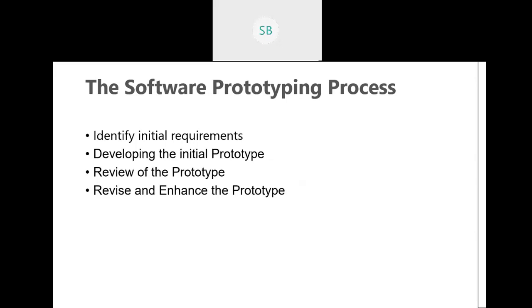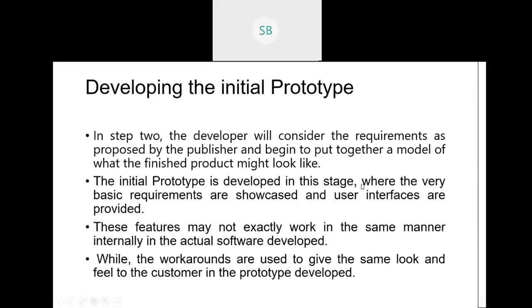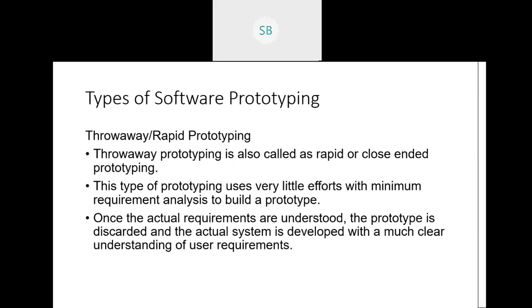Once the customer says yes, this is the kind of software I want, now they will think of the types of prototyping methods. So there are basically types of prototyping methods. First is throwaway. After these phases are over, the four phases I just discussed, in throwaway it discards that model totally and builds a fresh model again with the original software. The prototype was based only on understanding the initial user requirements.